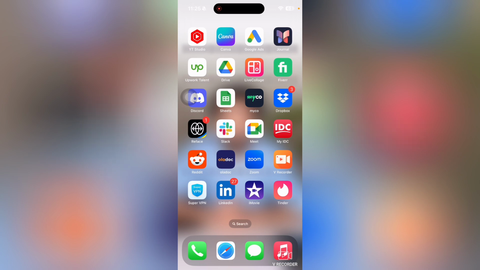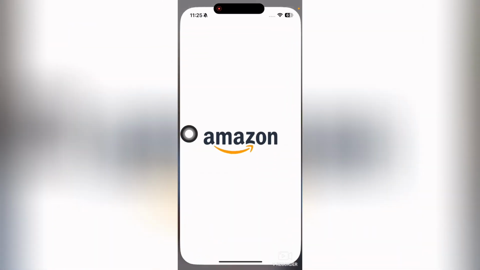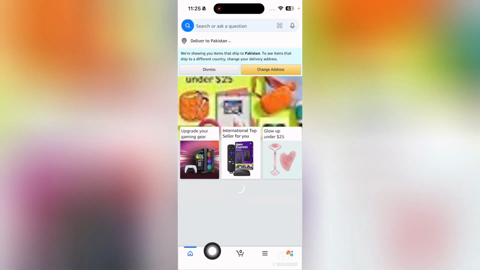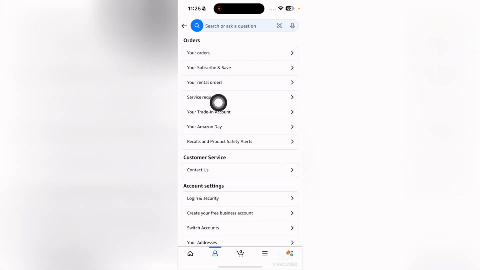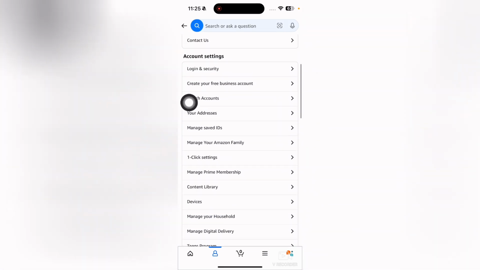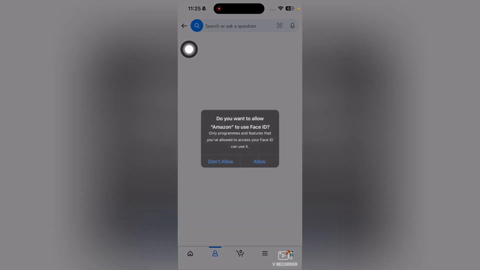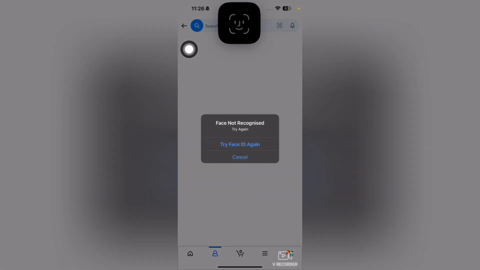So the first thing that you will do, you will just open up the Amazon app and then you will go to your profile, then go to your accounts option here, tap on your accounts and then basically scroll down and tap on login and security and then tap on allow, and it will